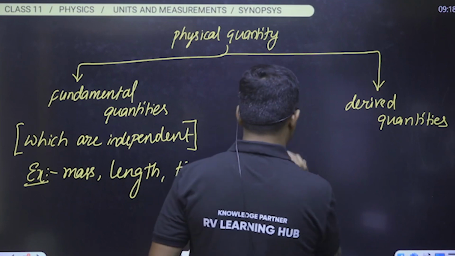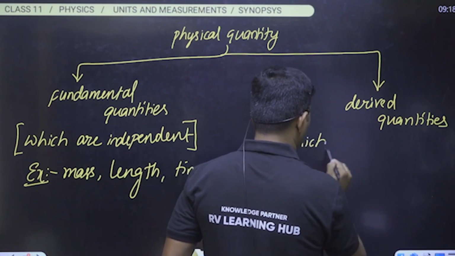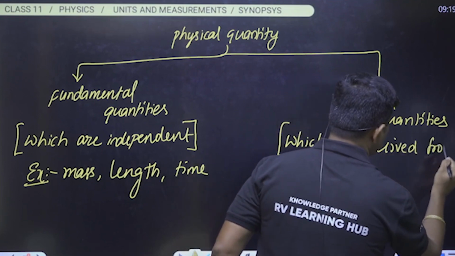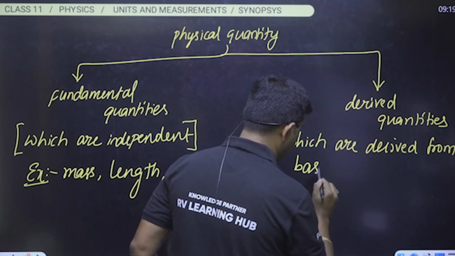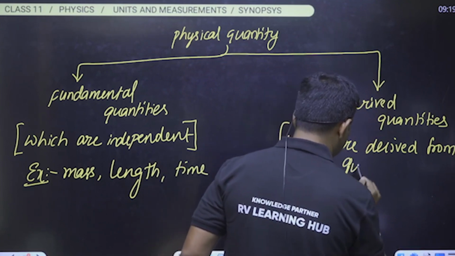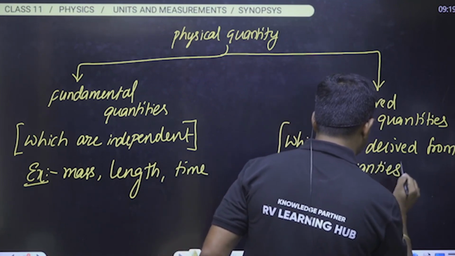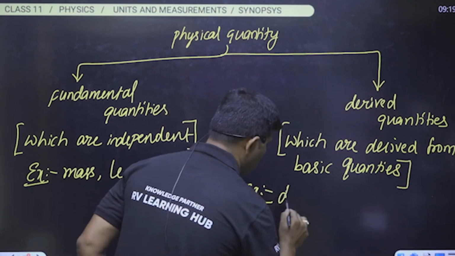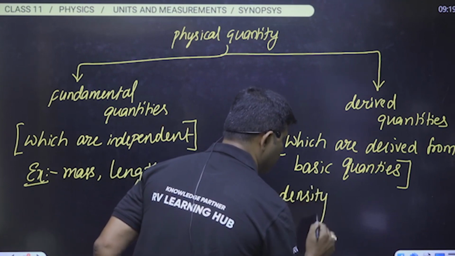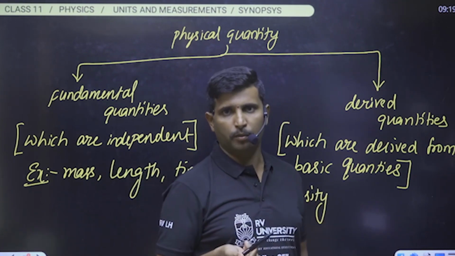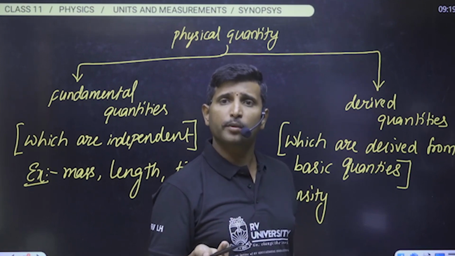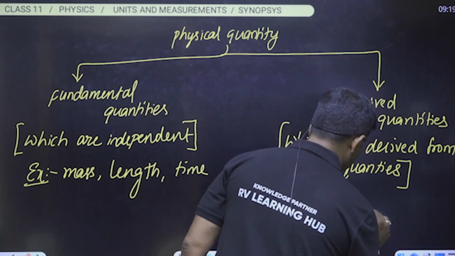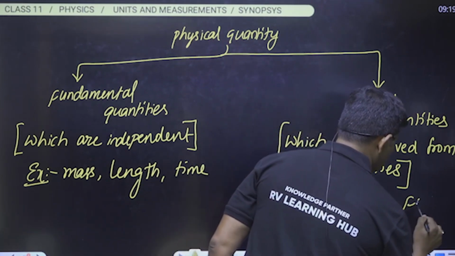And what are the derived quantities here? Those which are derived from the basic or fundamental quantities are called derived quantities. For example, density. How is density obtained? Density is mass by volume, that is, it is derived. Volume is again length into breadth into height, all lengths only. Similarly, work, pressure and force are all examples of